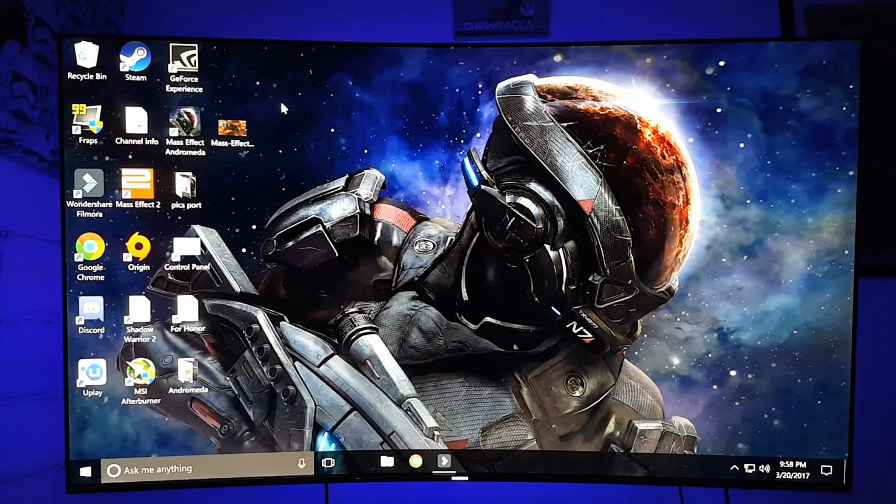Now, a lot of people, especially PC gamers, don't agree with using a TV as a PC monitor, and I understand the reasons why they don't do that. One of the biggest reasons is the input lag. That's right, input lag is one of the main reasons PC gamers don't use TVs as monitors. For example, this Samsung TV, the lowest input lag is about 19 something, about 20 milliseconds